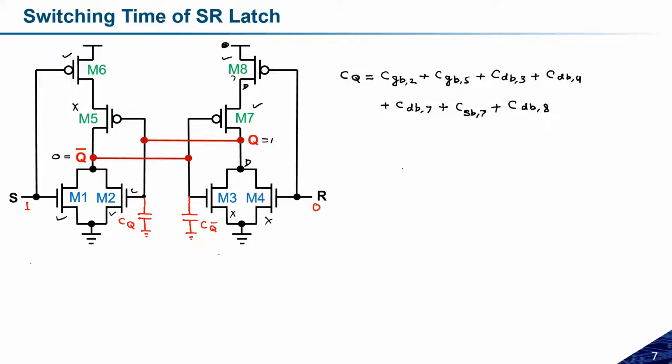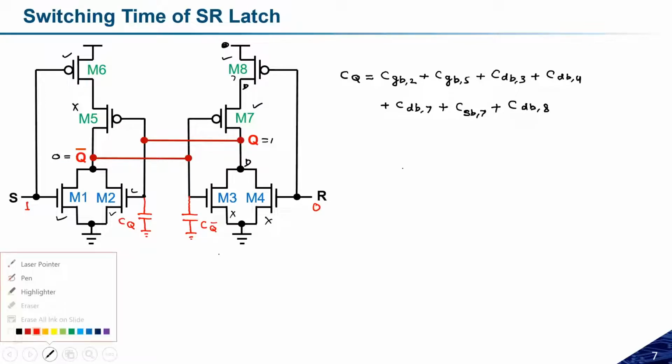Morning, everyone. In the previous class, we were discussing how we can calculate the capacitances at node Q and Q bar. So we calculated the total capacitances, or the parasitic capacitance, at node Q, and that is calculated based on the activation, like which of the transistors is activated, and based on that we have calculated these particular capacitances. Similarly, we can also calculate